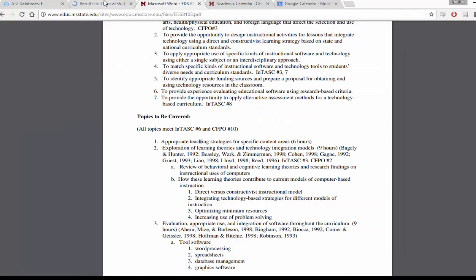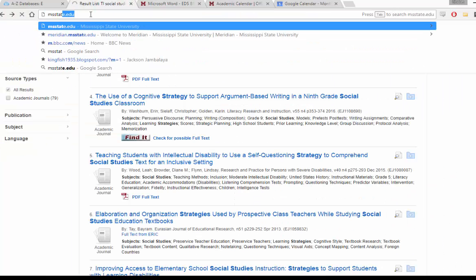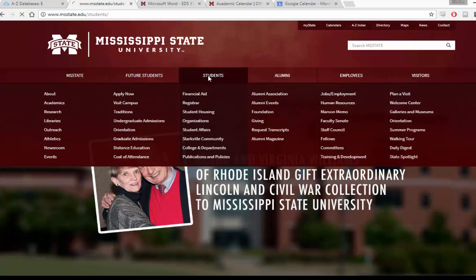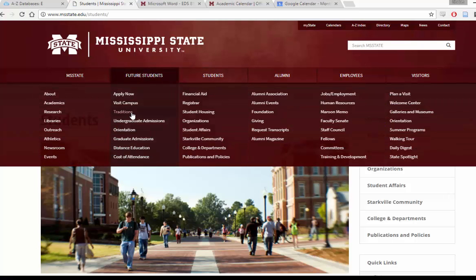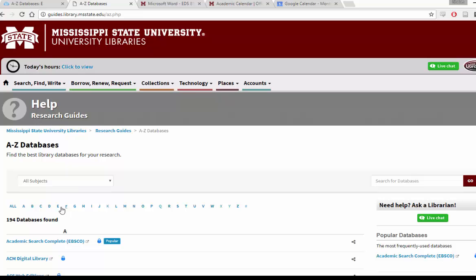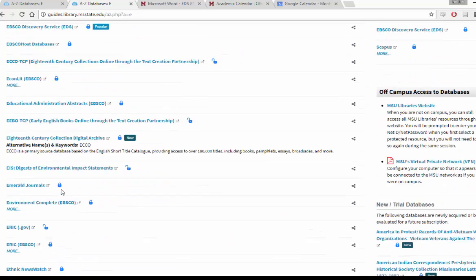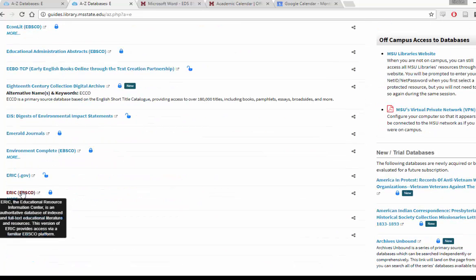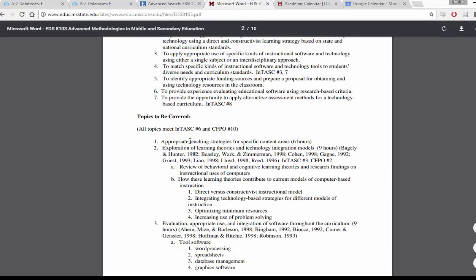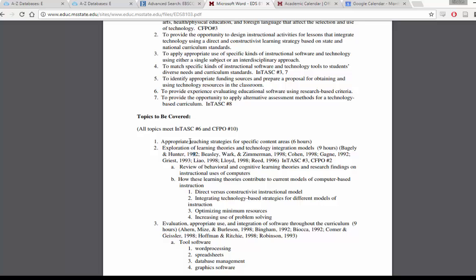So once again, just to make sure you're not lost. Click on Students. Library tab. Databases. And then you want to go to ERIC or EBSCOhost. I'm just going to go to ERIC. Right there. And I want you to keyword search and find me 2 articles, PDF form, about teaching strategies in